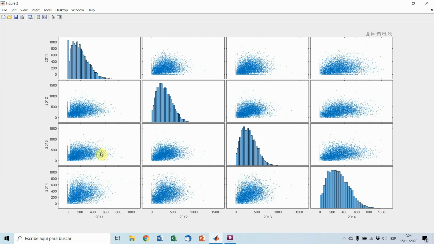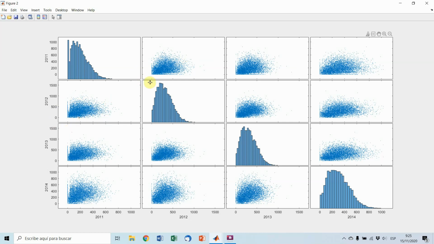And then we also have pairwise plots. Here 2011 is vertical, 2012 is horizontal, so this goes more into the future. So 2011 is vertical, and then the next year is horizontal. Okay, so what we can identify here is that there is a strong correlation between any pair of